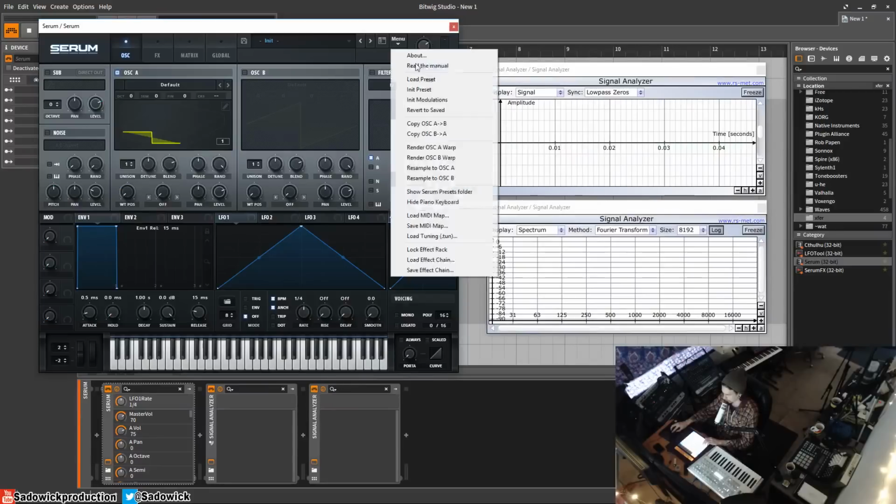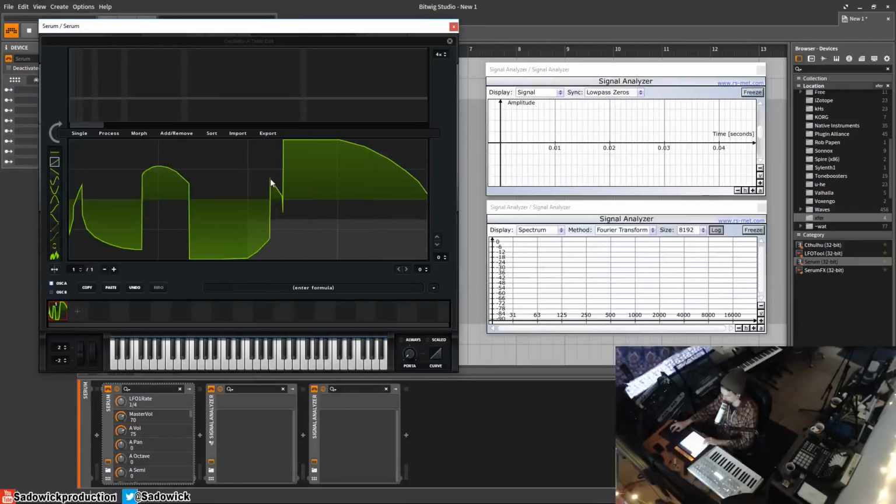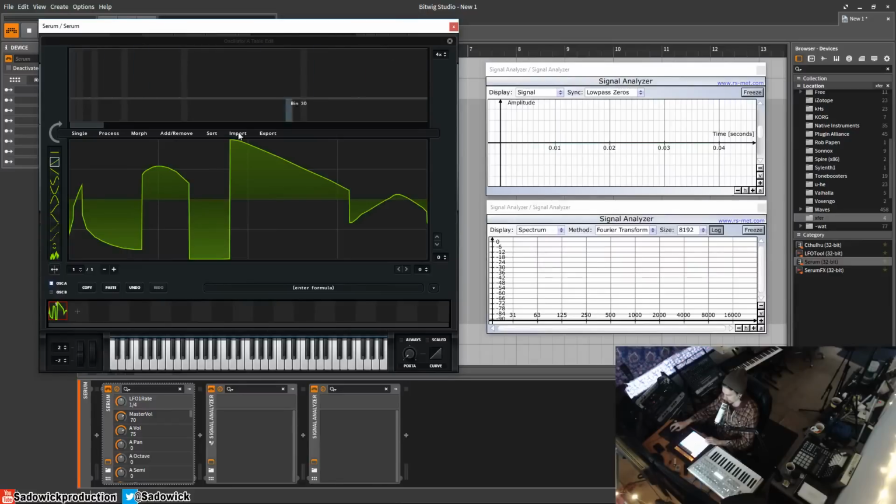I will go, init. Go here. And I'm going to show you another trick. So say if you draw in something just whacktastic, what you can do is you can import this into an FFT by clicking this arrow right here. And you'll see all these bins popping up. So what these are, harmonics. So what FFT is, it's basically,